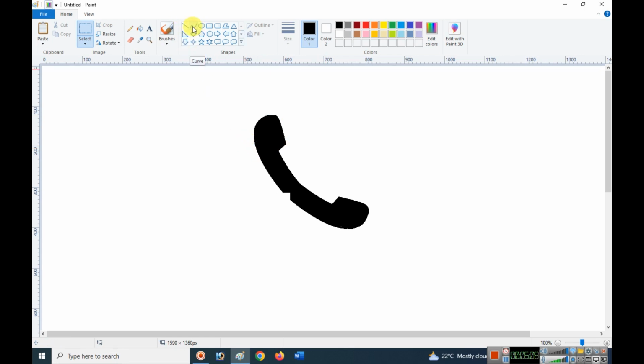Again select curve tool and draw a curve like this. Select fill tool and fill the area. Again select curve tool